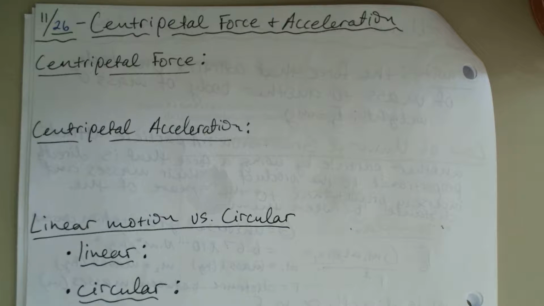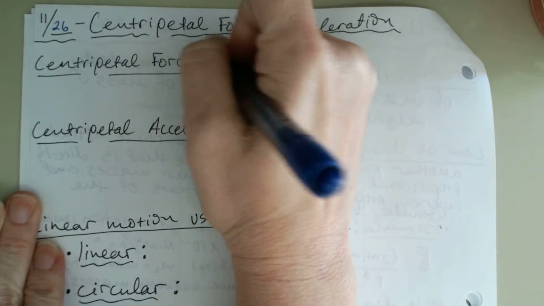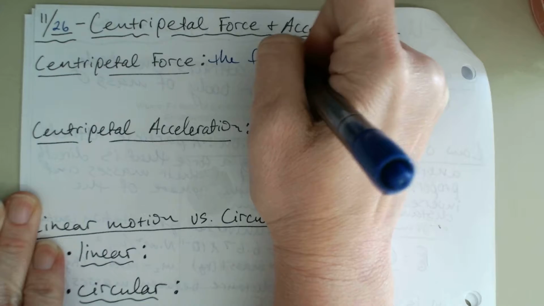All right, centripetal force and acceleration talks about things that go in a circle. So for something that goes in a circle, what keeps it going in a circle is a force that's aimed at the center of the circle, okay? So centripetal force, it's the force